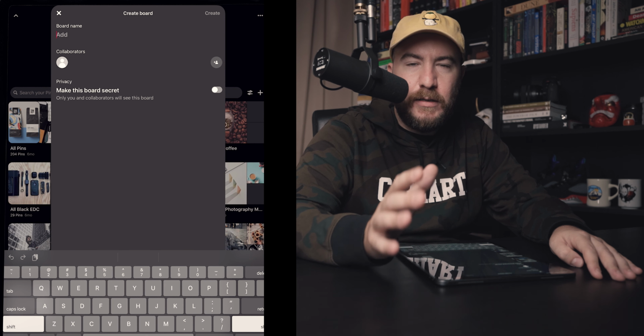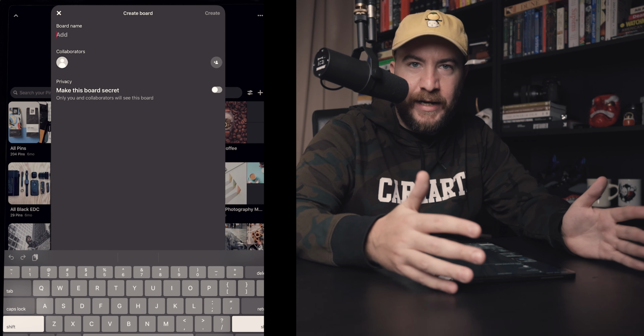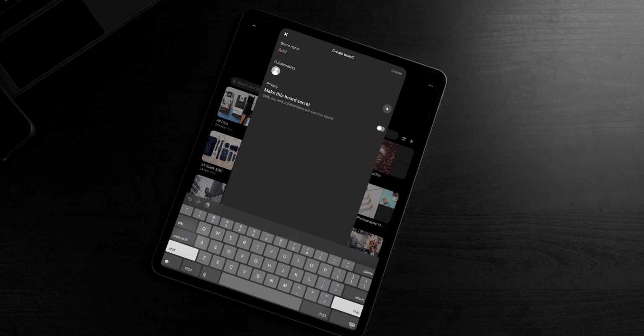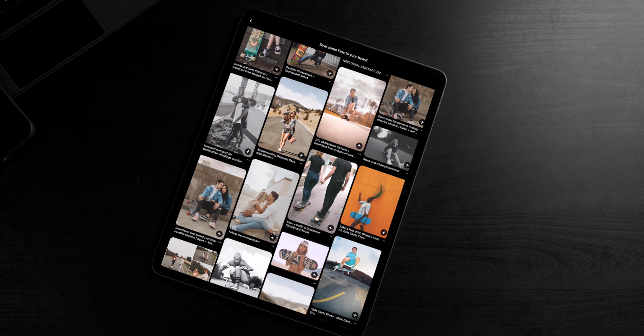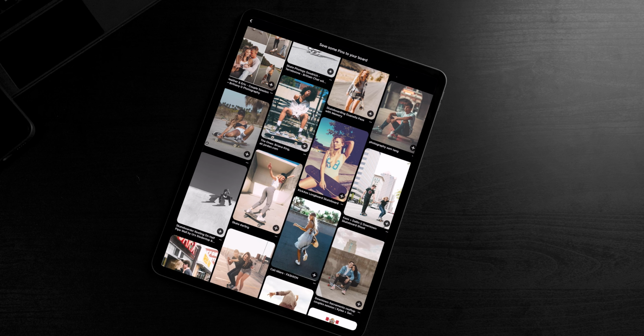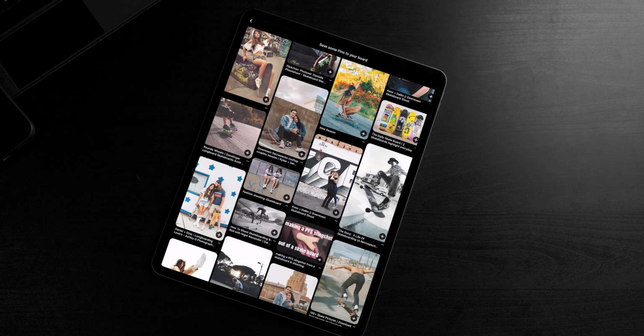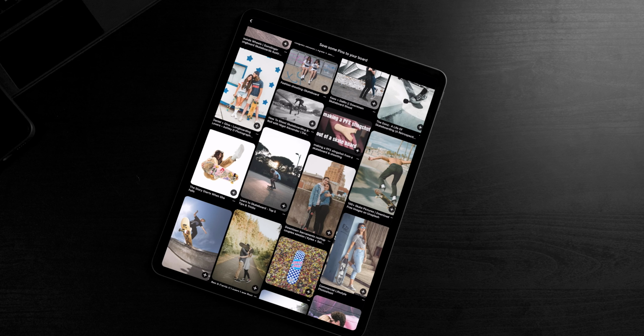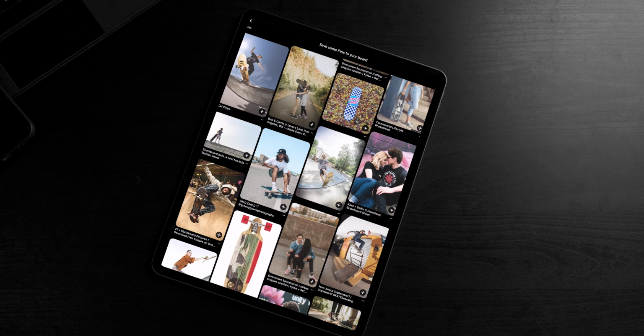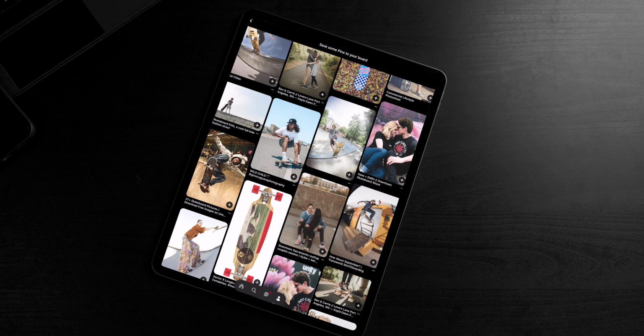So you want to name it something that is similar to the project that you're working on. In this case, I'm just going to pretend that I'm either going to do portraits or a product shoot that has to do with skateboarding. So I'm going to name it skateboard shoot and then press create. As you can see, once we've named it skateboard shoot, most of the images that show up are people with skateboards. But once you find ones that are in the mood of what you're going to try to make, you'll